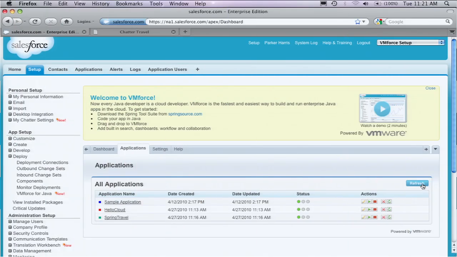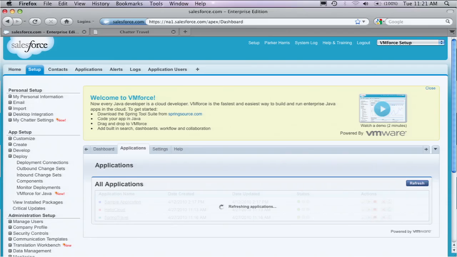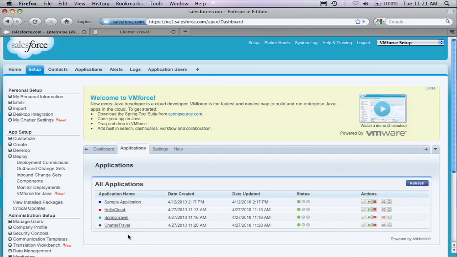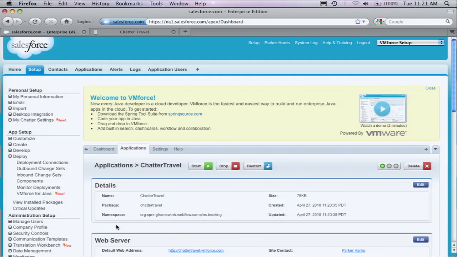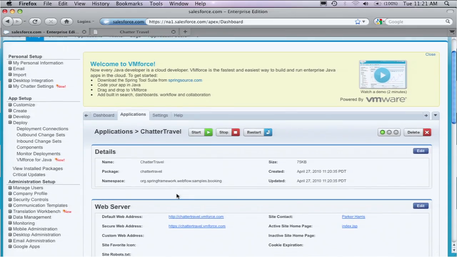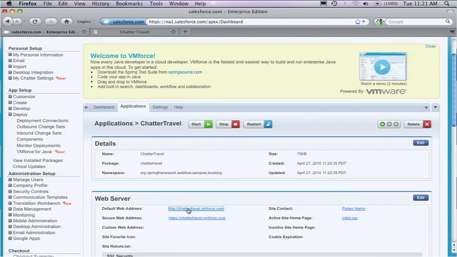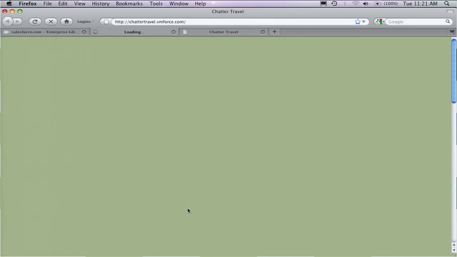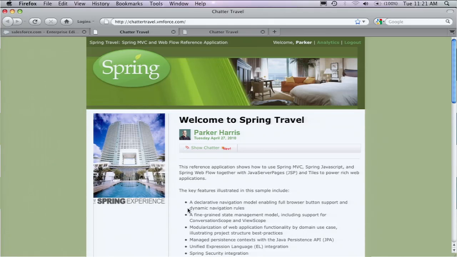Now let's go over to the console again and take a look at that application. We had Spring Travel there. We're going to refresh again. We've got the fourth application running, which is Chatter Travel. Same base application, but we've added some new things to it. So let's go to that endpoint and take a look at what we added. Looks very, very similar. You can see the Spring Travel and the bed. But up in the top right, we've got a new